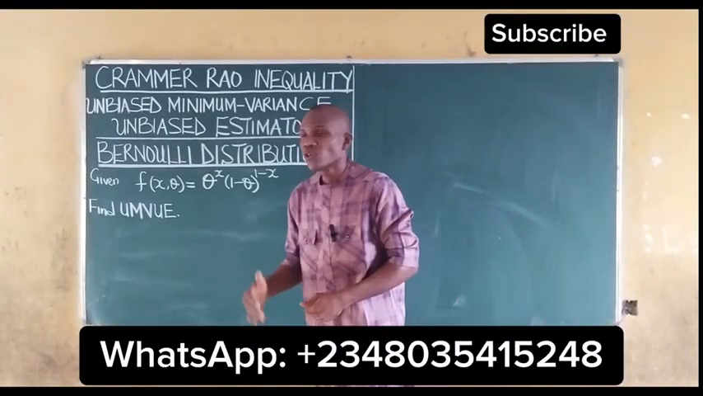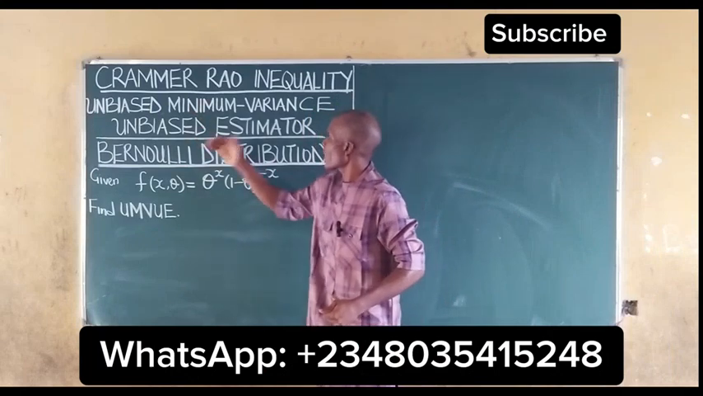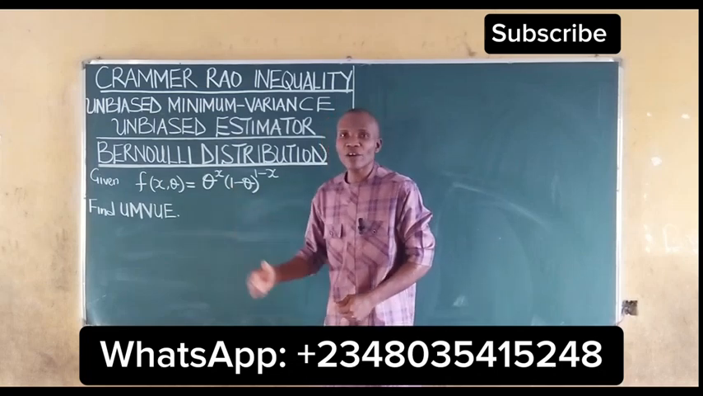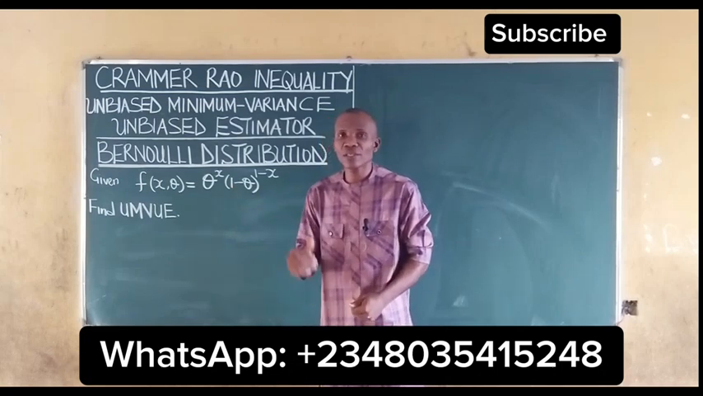In this video, we are to find the minimum variance unbiased estimator for the Bernoulli distribution using the Cramer